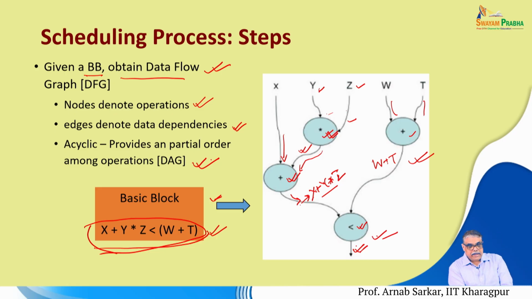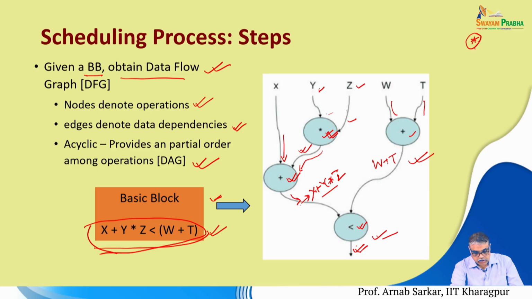This is an acyclic graph, it provides a partial order among operations. So, there are many correct partial orders, that means all orders which satisfy the precedence relationships, the data dependencies, are correct partial orders. For example, we could obtain multiple partial orders. Let us say all these operations were performed in a single sequence, then you could have the multiplication in a single